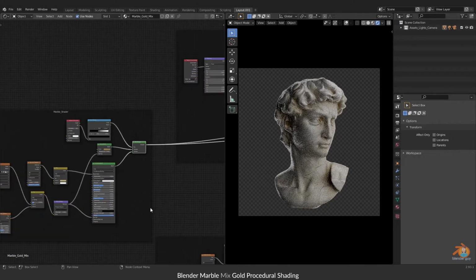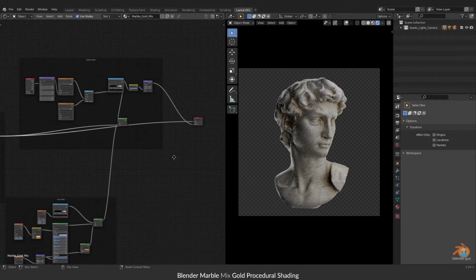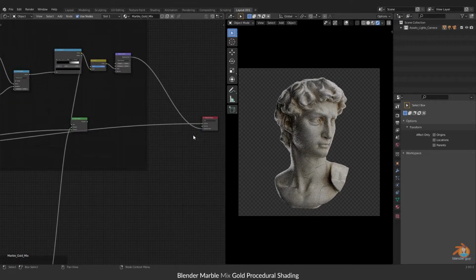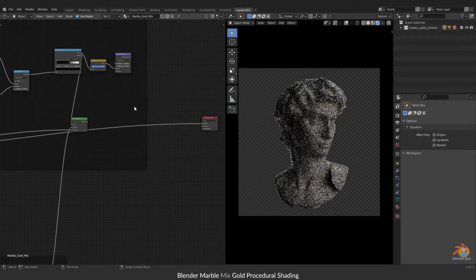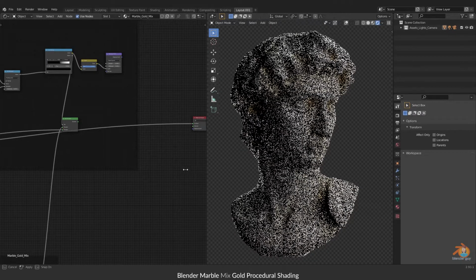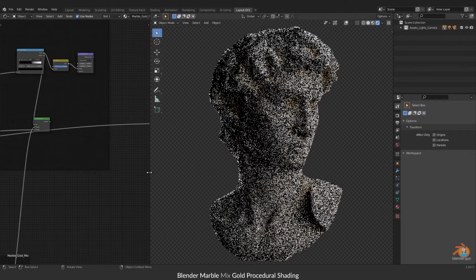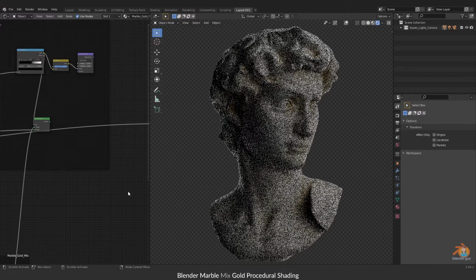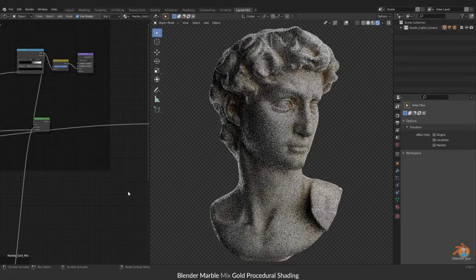Is that okay? Let me disconnect this displacement so you only see the marble. The advantage of Blender is that we can see it in the viewport.